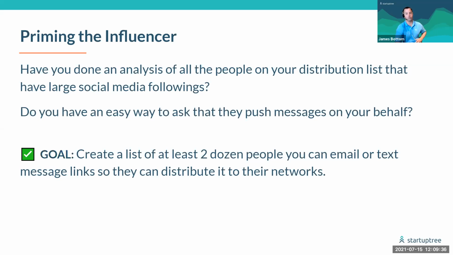So a lot of times, you'll find that some of your biggest supporters don't have any qualms about pushing the content from your particular center into their distribution feeds. And I would recommend creating a list of 24 people, either via email or an MMS text message, so that when you're pushing original content, you can say, hey, we have a big event coming up. We'd really like you to push it to your networks early. Creating that influencer list of people in your particular ecosystem makes a lot of sense, because this is just going to expand your reach.